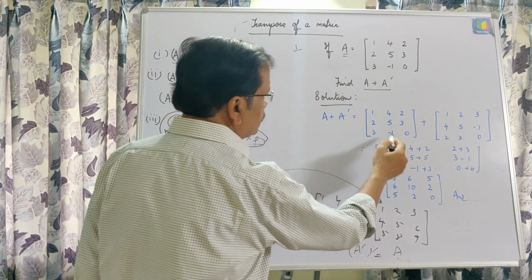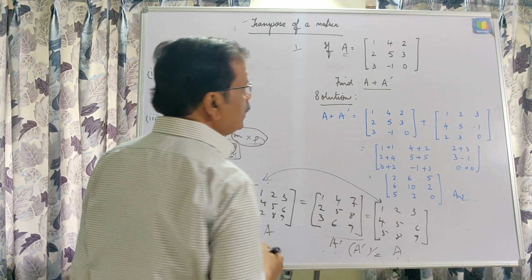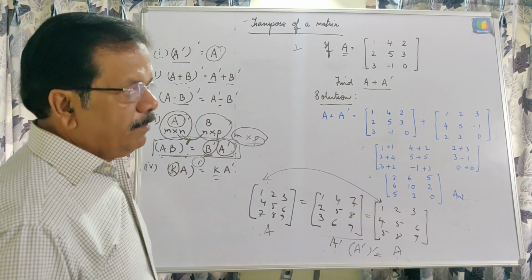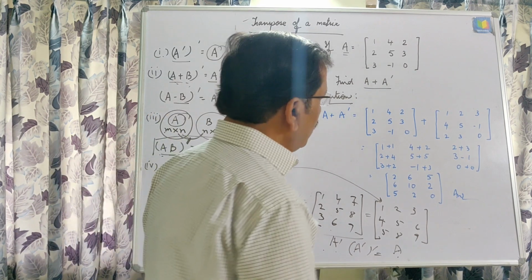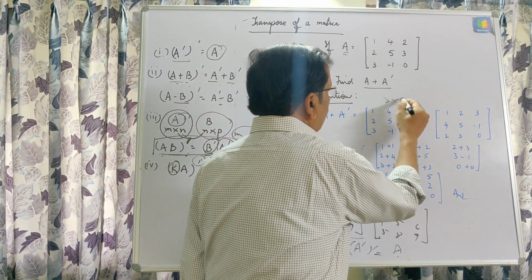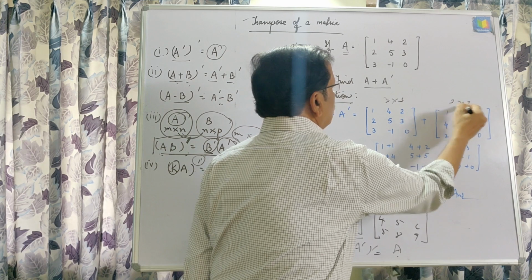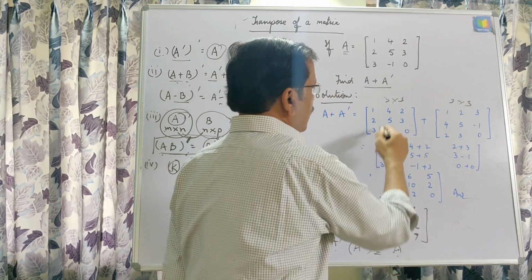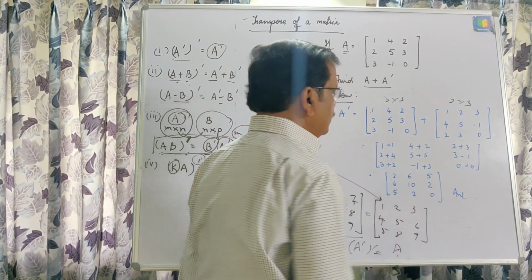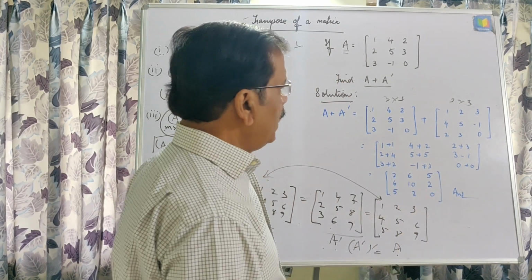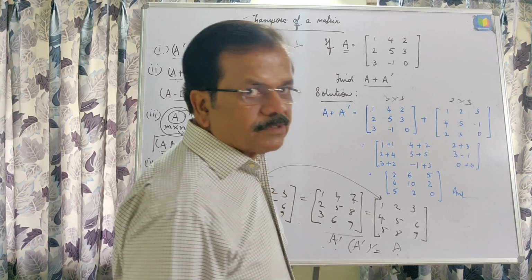After adding these two, because the order is the same, because we already studied that if we are going to add two matrices, their order should be the same, 3 cross 3, 3 cross 3. After adding, we are getting 2, 6, 5, 6, 10, 2 and 5, 2, 0. Now next question,